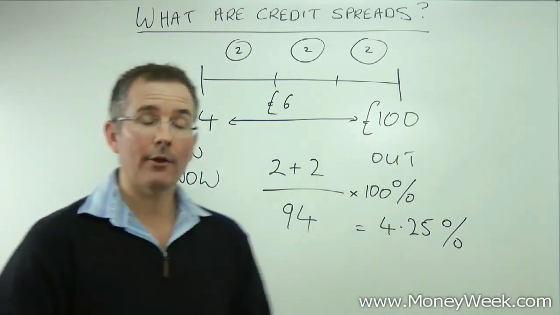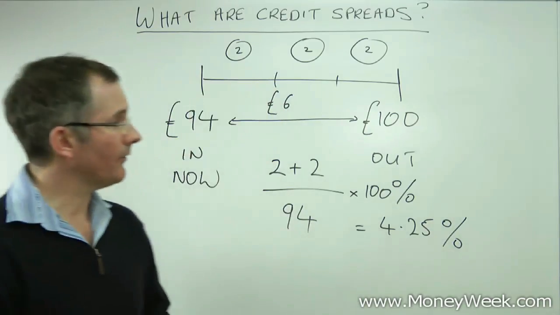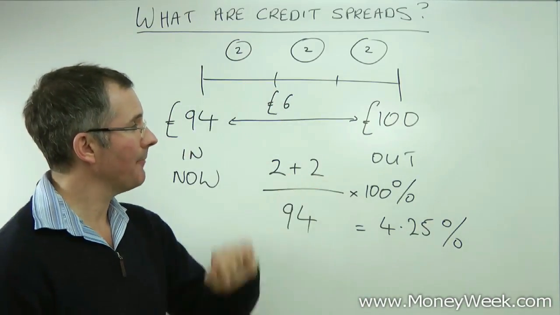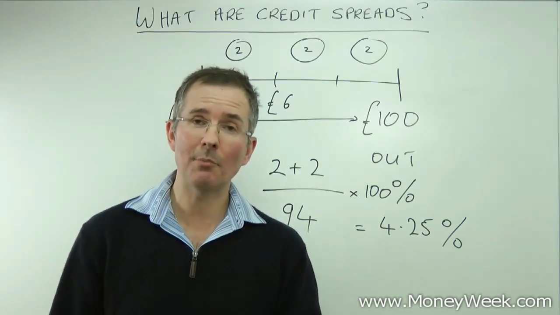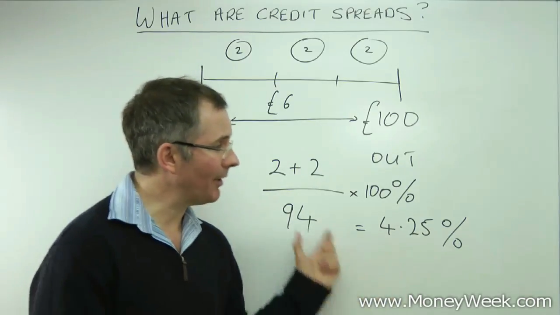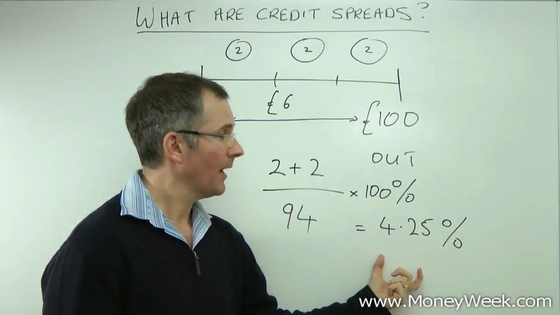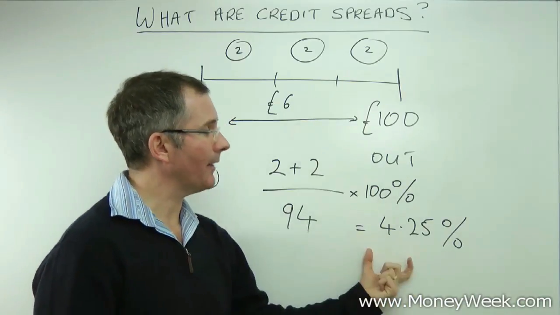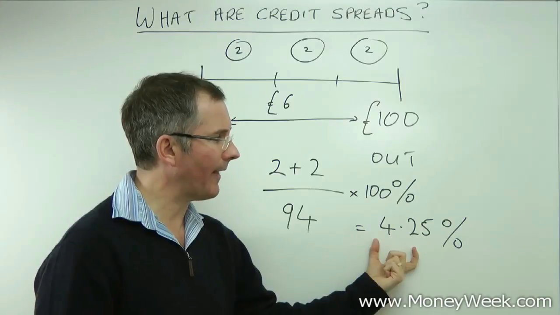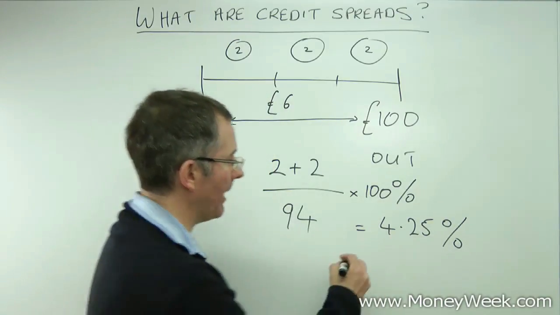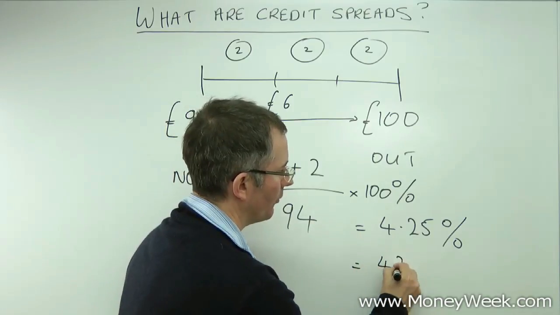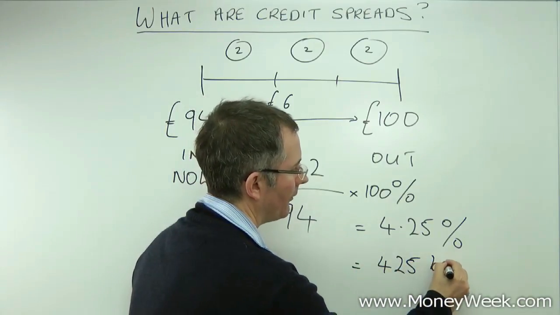Right, now that was a bit quick, see my Bond Basics videos, and I have cheated a little bit here with that number. I've ignored time value of money, so that isn't quite the full calculation, but in principle it gives me a rough indication of the yield on this type of bond. Now, before we get to credit spreads, there's another way to say that. 4.25% in market jargon can be expressed as 425 basis points,